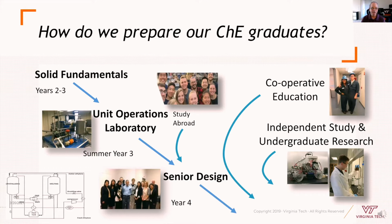How do we prepare you as a chemical engineer? Well, you're probably taking some chemistry and math in high school and physics. Well, you're going to have that and more your first few years here at Virginia Tech. Your first year's in a common general engineering curriculum where you're going to take 2 semesters of chemistry, physics, math, introductory